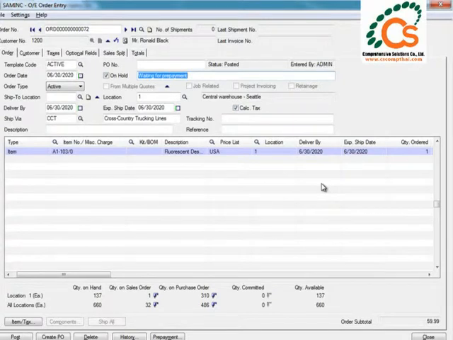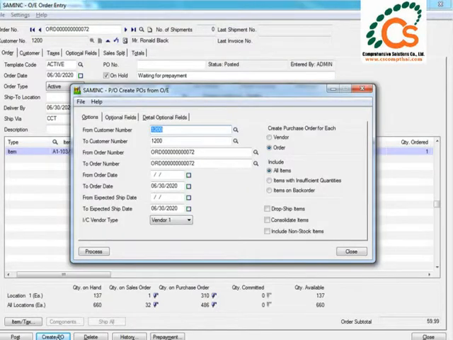Let's have a look at some of the other new features that are present in Order Entry version 2012. In this version of Order Entry, it is now possible for you to copy purchase orders from Order Entry without actually having to leave the Order Entry screen. On this window, you'll notice that there is a button here called Create PO. If I was to click on this button, Create Purchase Orders, you will notice that the Purchase Orders Create POs from OE window appears. So again, I can copy POs from Order Entry without having to leave the Order Entry